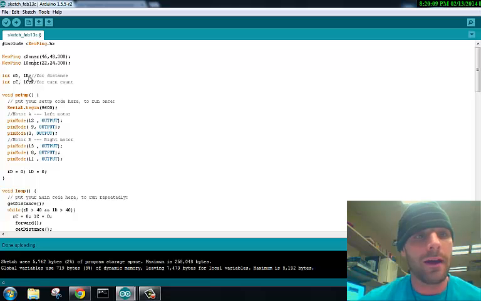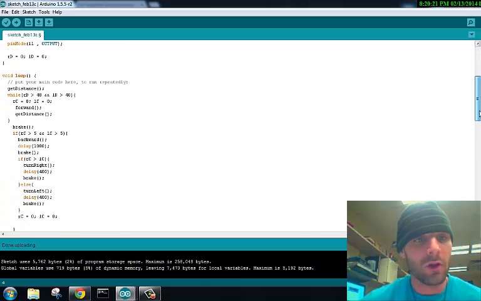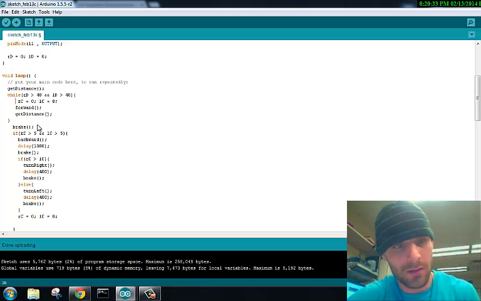I also have these two integers, one for the right distance, one for the left distance. I have these, one for the right count, one for the left count. Start serial, these pins control my motors, set the distance to 0. So basically the first thing I do in my loop is I get the distance. As long as the right and left distance are greater than 40 centimeters, then I'm going to set right count to 0 and left count to 0, and I'm going to go ahead and